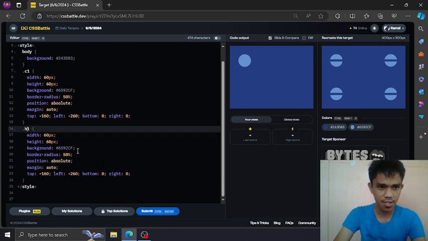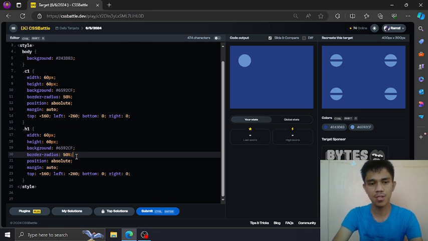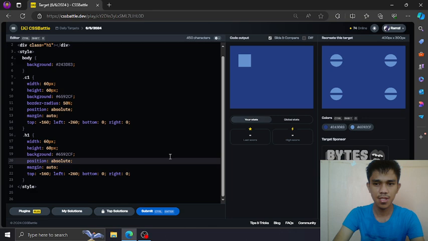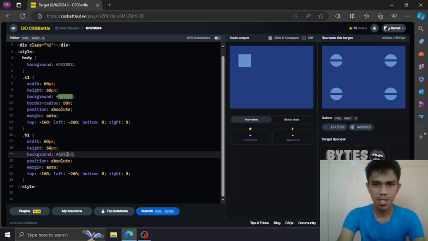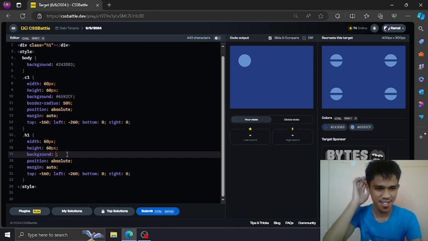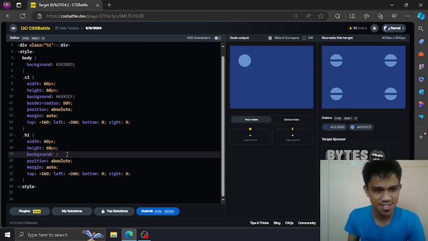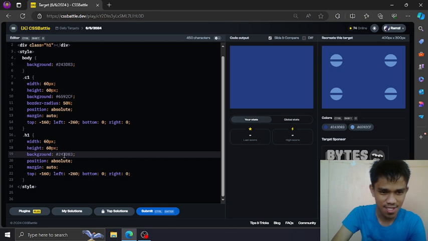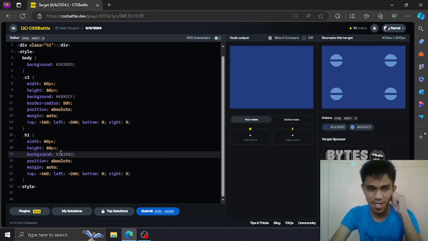This is not a circle, so let's remove the border radius. And the color is the color of the background, so let's change this sky blue to this darker shade of the sky, darker shade of the light shade. Does that make sense? It doesn't, right?